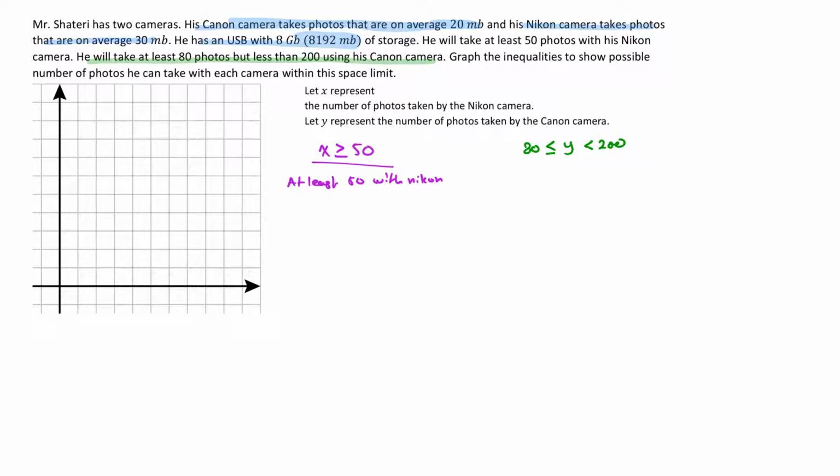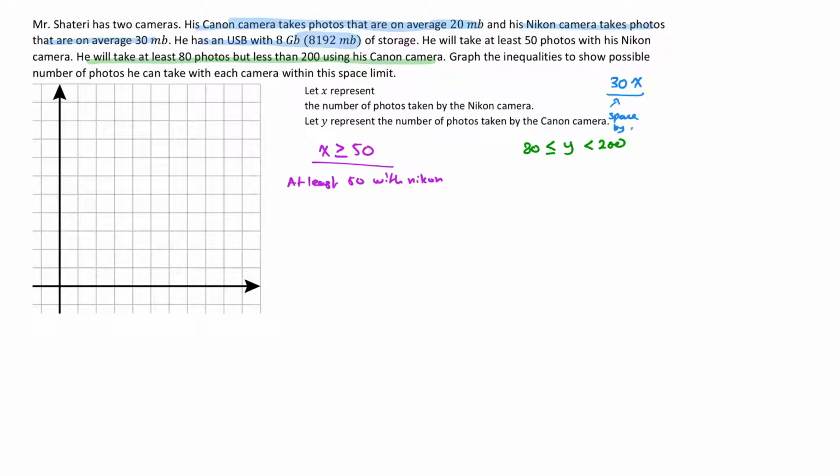So to write that as an inequality, we know that X represents the number of photos by the Nikon camera. So if he takes one photo, it's 30 times X. So we're trying to figure out the space here. If he takes one photo with his Nikon, it's 30 megabytes. If he takes two, it's 60 megabytes, and so on. So 30x will be the space